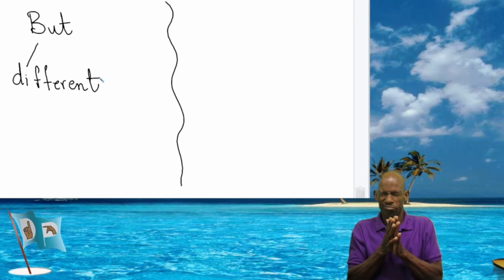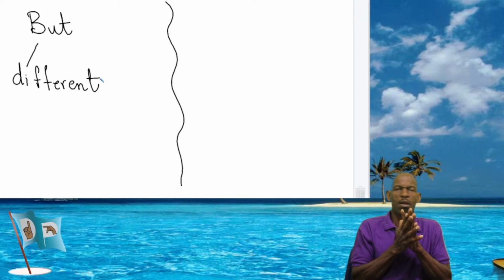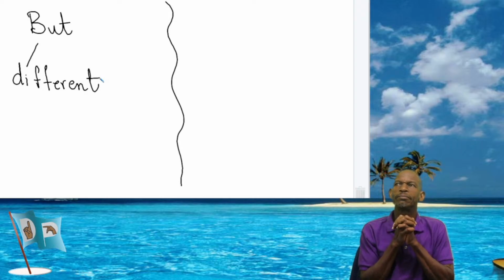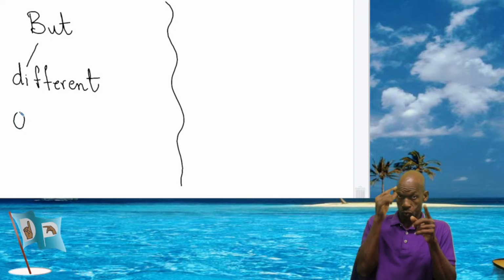We want to talk about things that are different, right? So we're looking at "but." We use "but." So, different things. We're looking at things that are opposite, and you all know the word opposites. So when we're using opposites,